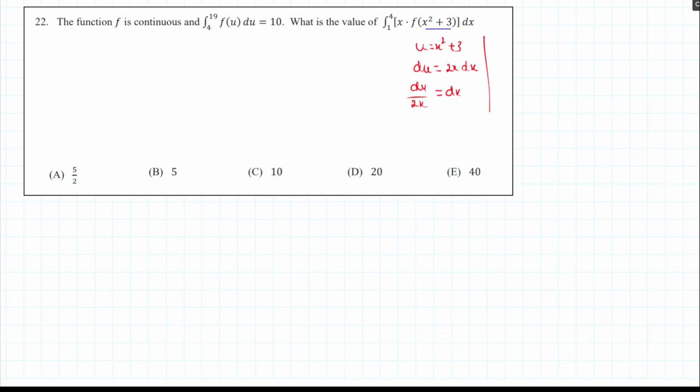And the limits are, when x equal to 1, then u becomes x square plus 3, so 1 square plus 3, which is 4. And when x equal to 4, we have u equal to 4 square plus 3, which is 16 plus 3, which is 19. So this integral becomes